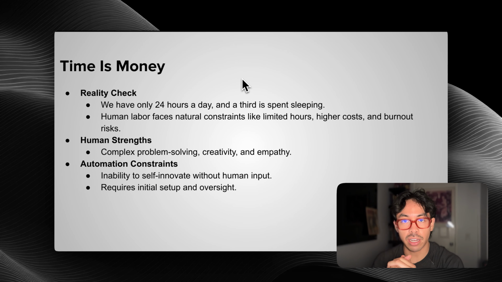So yeah, the bottom line, as I mentioned, time is money, right? We only have 24 hours in a day, and a third of that is spent sleeping, give or take. And as humans, we do have natural constraints like burnout, fatigue, emotion. Sometimes we have a bad day. But that can also work in our favor. Sometimes we're feeling super motivated and we really want to get after it and we just kill it that day. But it varies, truthfully. And so, like I just said, we do have strengths, and those strengths being complex problem